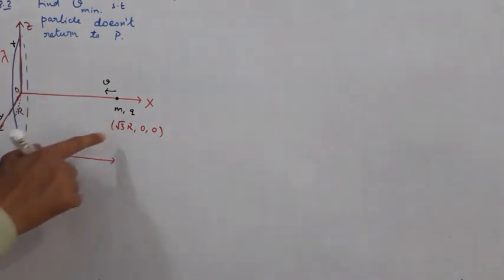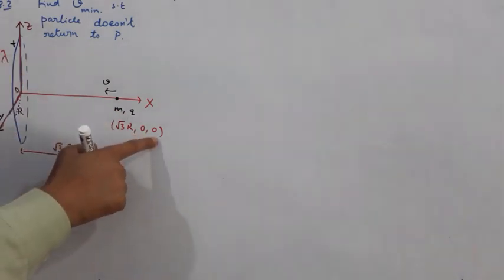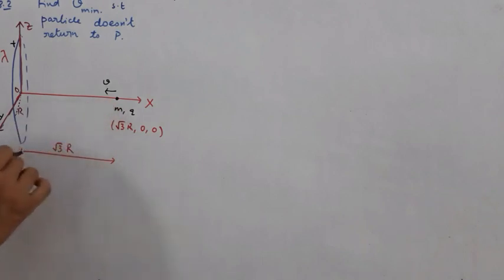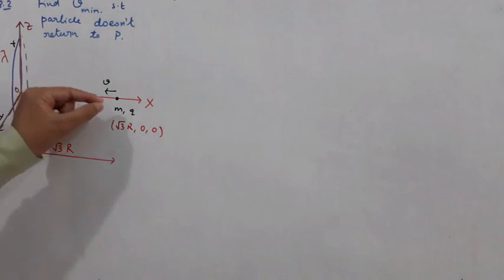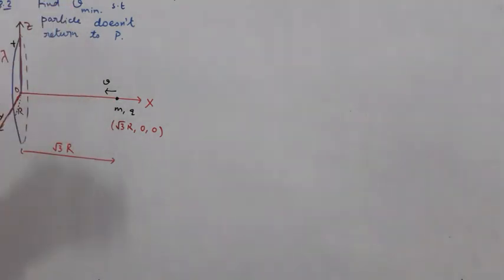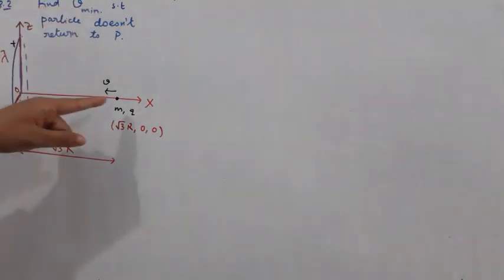Location of this point is given as (root 3 r, 0, 0). That means it is on the x-axis. So this distance is root 3 r. The question asks, with what minimum speed should this particle be thrown so that the particle does not come